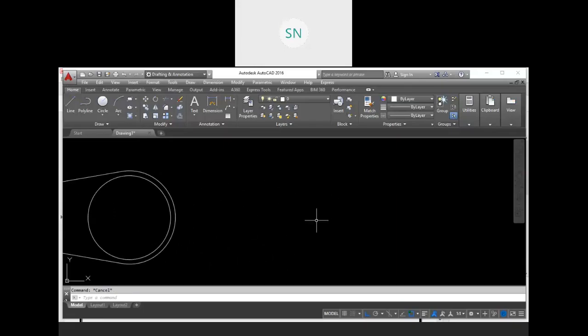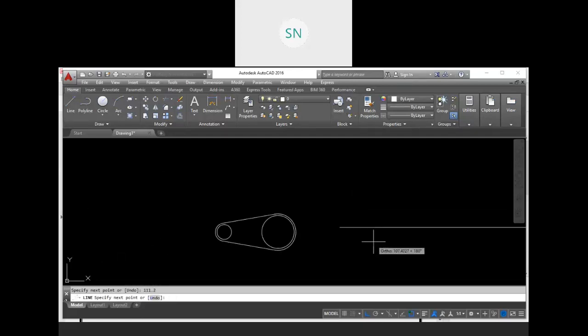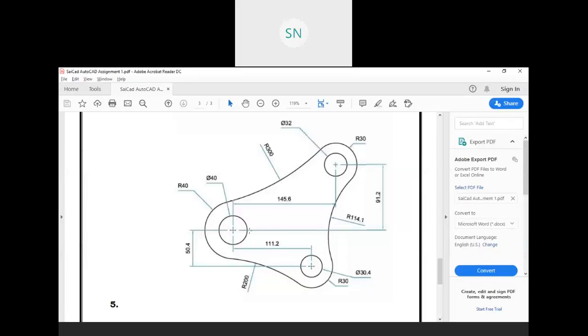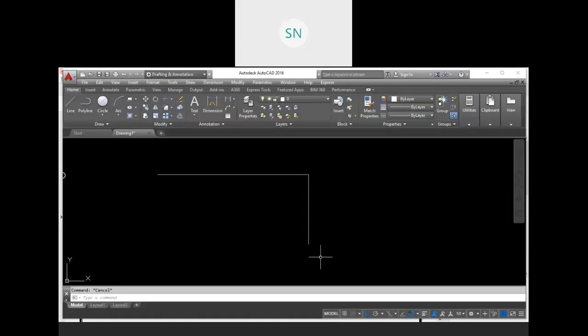So here 111.2, then this object is quite big, 50.4. Move, let me take it a little inside. Okay. So 111.2 and 50.4. The diameter of this circle is 40 and the diameter of this circle is 30.4. Okay, C, enter.